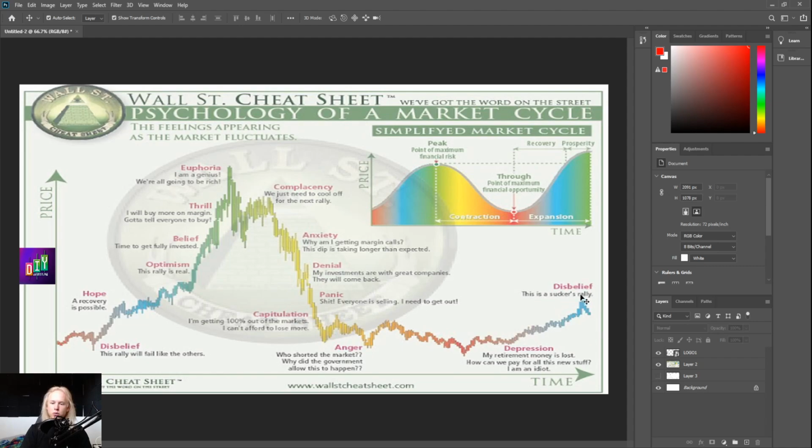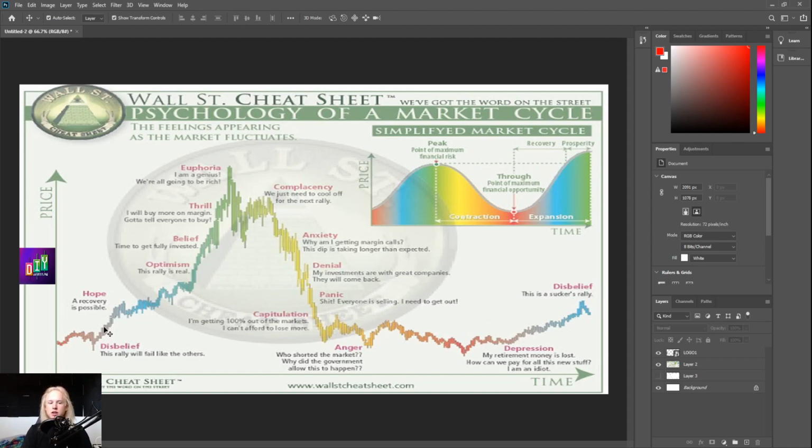And so this is the disbelief phase. If you notice, there are two over here. That's because the disbelief phase happens right before the major uptrend begins, and it happens twice. You'll have it at the bottom of the last trend, the new trend will blow up, this trend will crash, and then it'll start over a brand new parabolic trend, well above and beyond the all-time high of the last cycle. And this is the same thing that's happening right here.